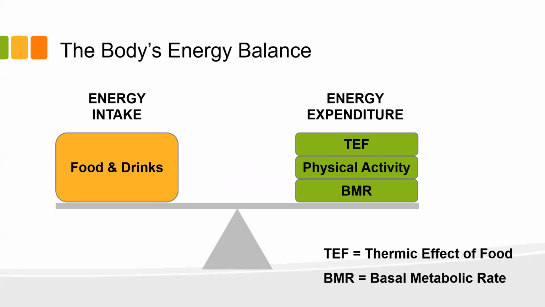In terms of energy intake, we've been talking lots about food, so I won't get into that. Calories, right? Energy expenditure kind of fits three categories, and you can see I have some percentages here. There they are. So the biggest one is BMR, and I'll come back to that in a second. That's basal metabolic rate. And then the other two, so maybe 25 to 50%, depending on how active you are.